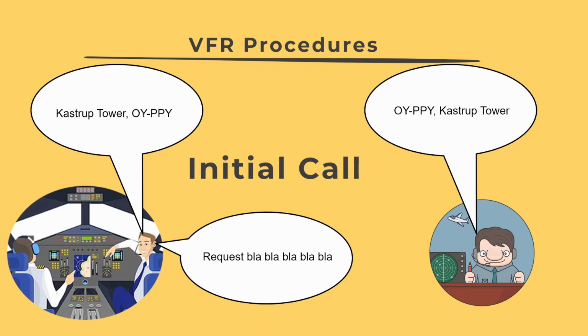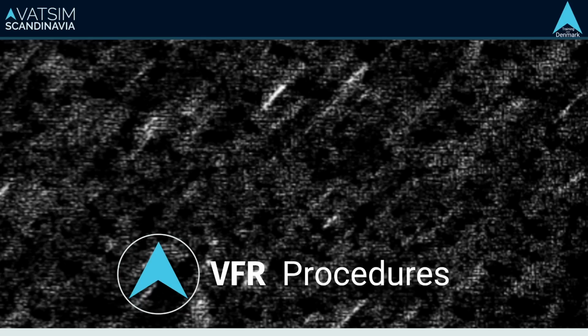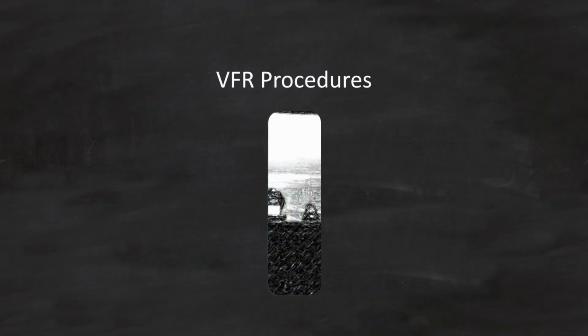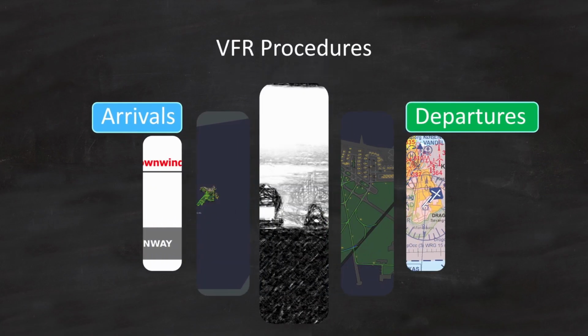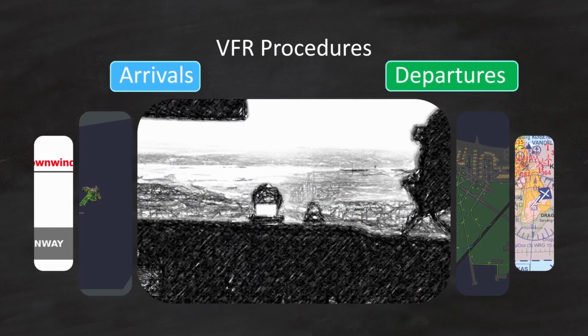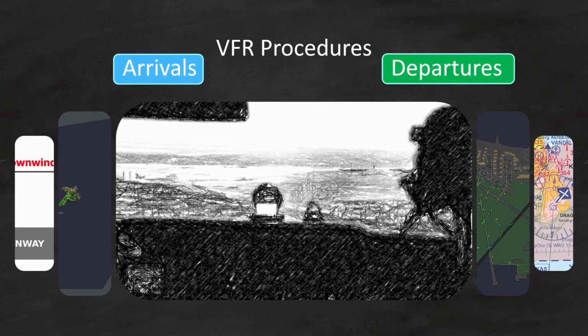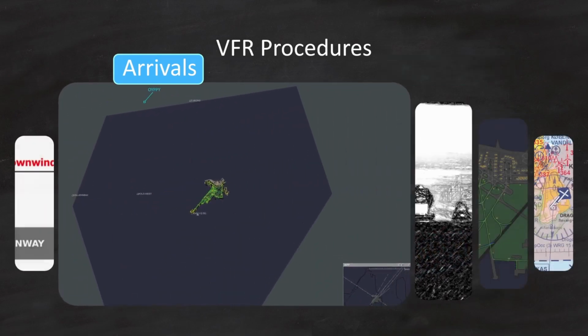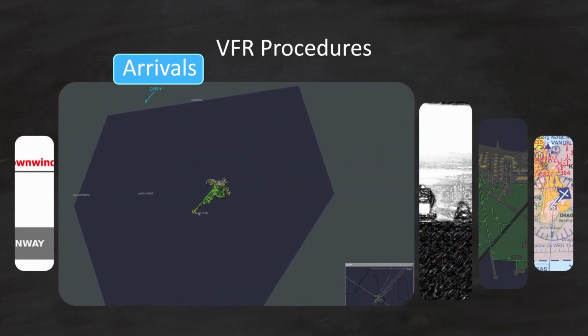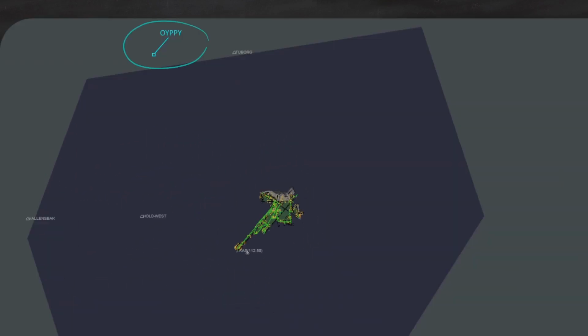Then he will lay out his request, and we will now talk about the different procedures in a nice and orderly fashion. We'll split the briefing into 2 to cover inbound flights and outbound flights, because while they are very similar in principle, they also have their distinct differences. If we take the situation where he's outside the control zone, he will ask to enter, probably for a landing or something else,